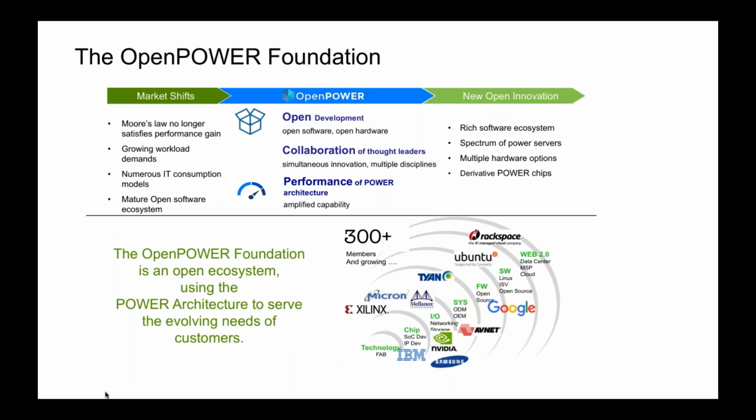So OpenPOWER, a couple years ago, IBM really opened up the Power chip and processor, recognizing that collaboration through an open environment, just as it's worked for Hadoop and Spark in terms of open source software, can be extremely valuable for an open source processor and surrounding peripherals. Since that time, we now have over 300 companies innovating all layers of this stack, from the chip through